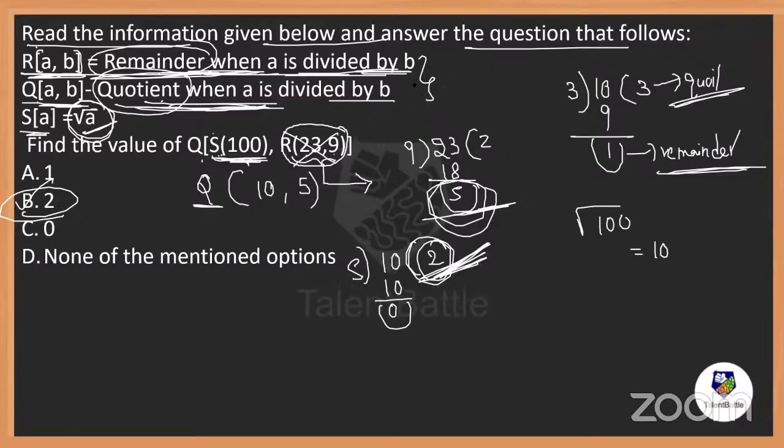They will give you the instructions. Based upon the instructions, you are supposed to solve. And make sure that you always solve the small brackets first of all. Go with the small brackets, then go with the major bracket. The meaning of them will be given in the question itself. Every question, the meaning will be different. R here might be different, S here might be different. But this is also one of the most repeated models. Remember what the quotient is and what the remainder is. Answer is 2.